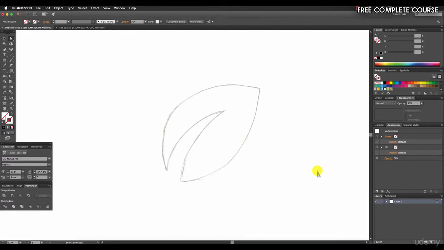Okay, now I'm going to demonstrate a hugely important update which has been added to Illustrator CC. Now this applies to both the pen tool and the pencil tool. I'm going to jump right in and show you what it is. I'm going to use the pen tool just for speed, and I'm going to draw out